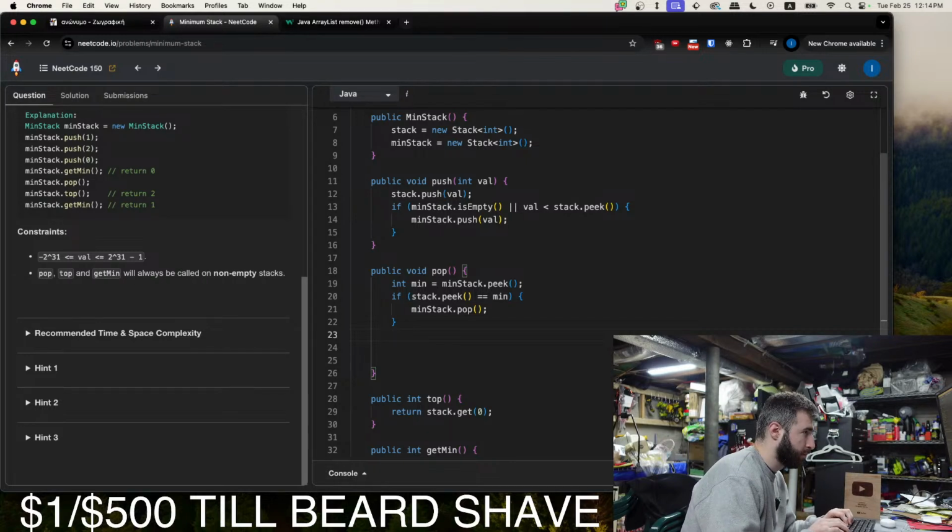Otherwise, we could pop the main stack from here. Stack.pop.